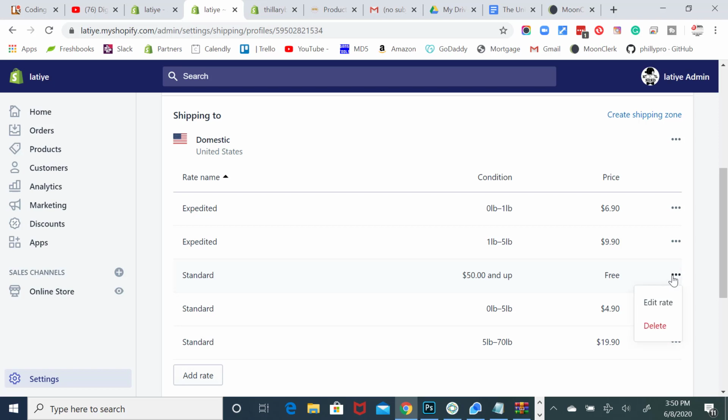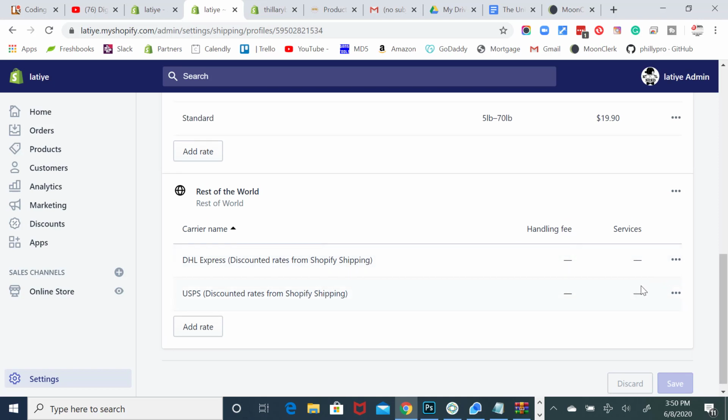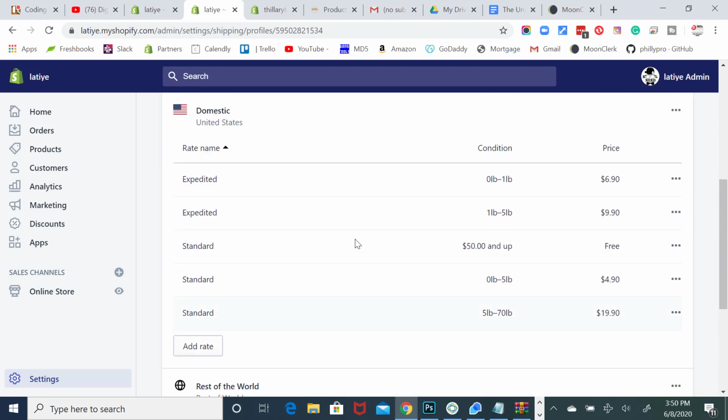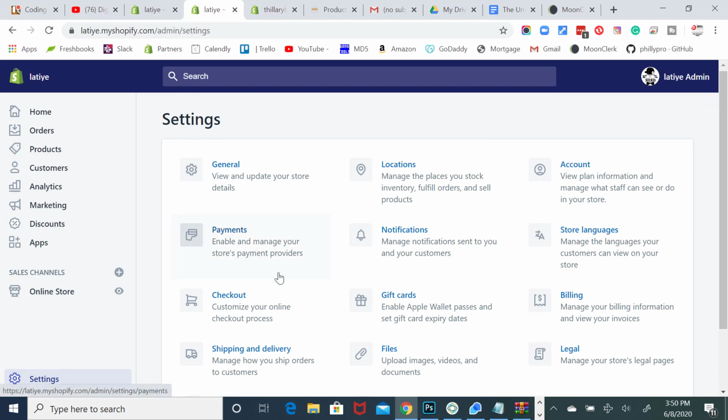So again, I don't mess with any of this. I'm not an expert on shipping. I'm an expert on making themes. So if you want more clarity on this, definitely call Shopify. Again, for the rest of the world, it has these different discounted rates from Shopify shipping. And again, I don't mess with any of this, so I would advise you not to mess with it also. Going back into shipping settings,